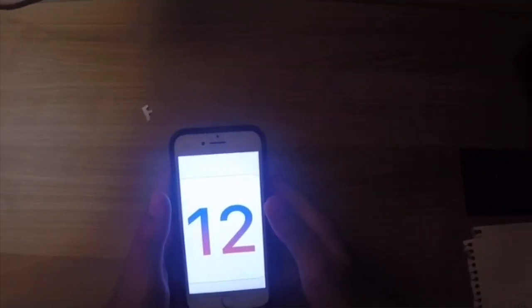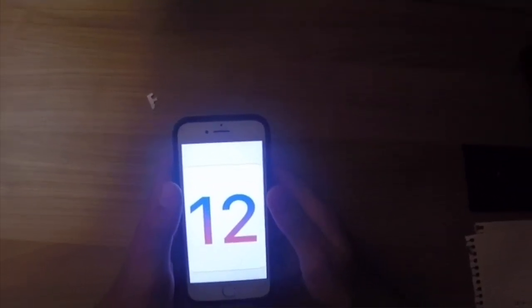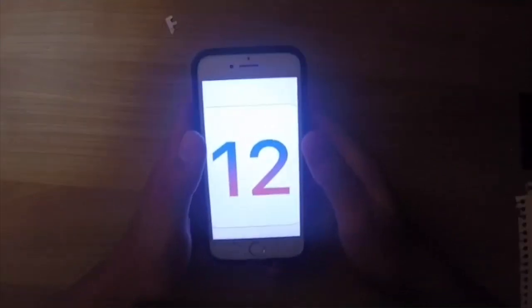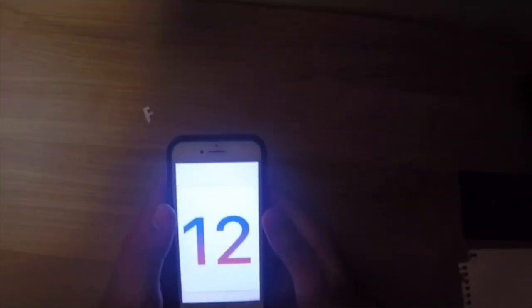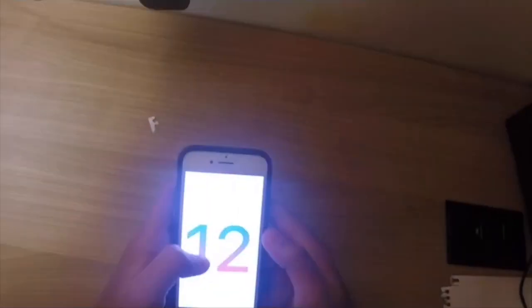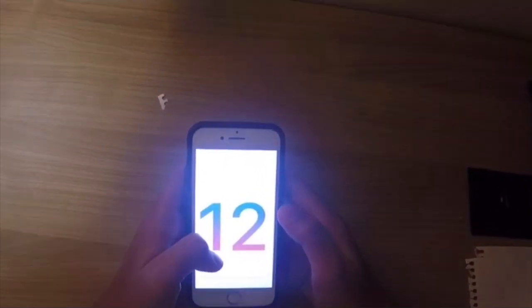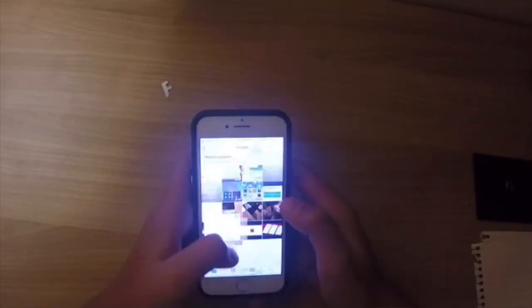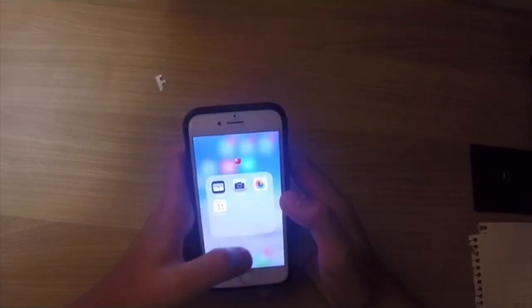I have downloaded the iOS 12 beta program. I know they will release the official one in a couple of days. I have been told by Apple it's probably on September 12th. So let's get started. We can first realize when you play some music on your phone, for example,